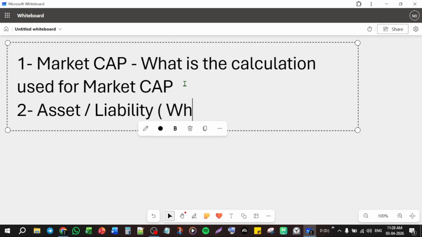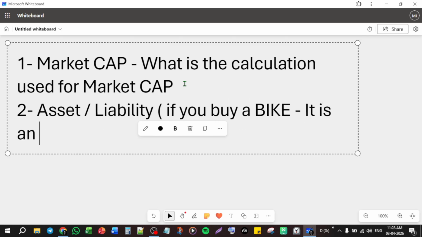Simple. If you buy a bike, it is an asset. If you take